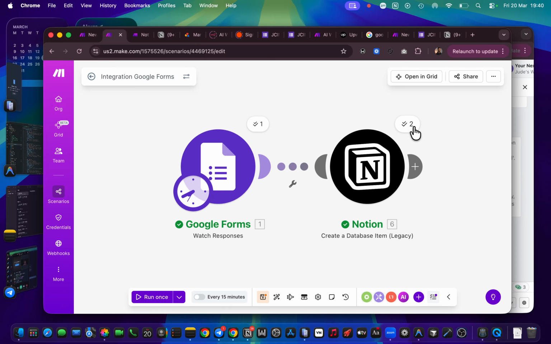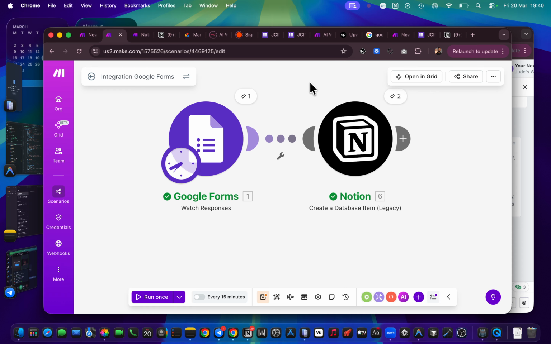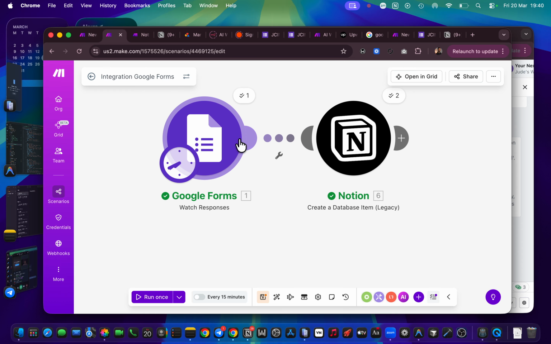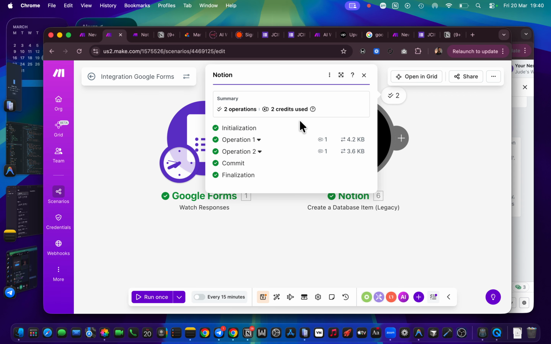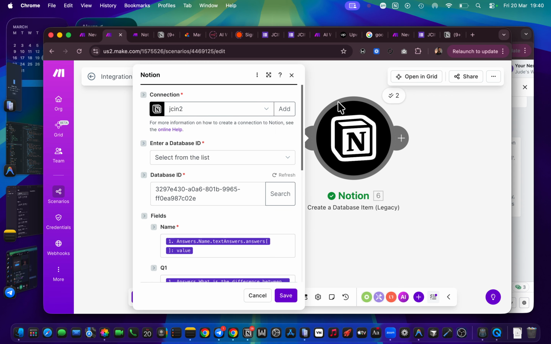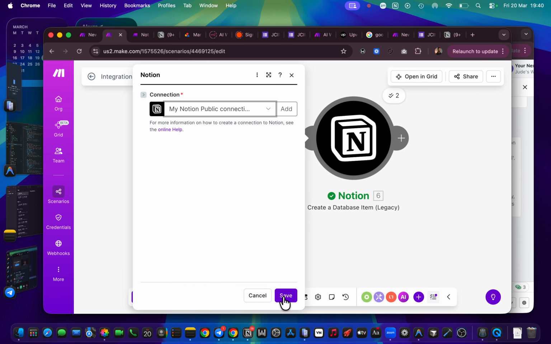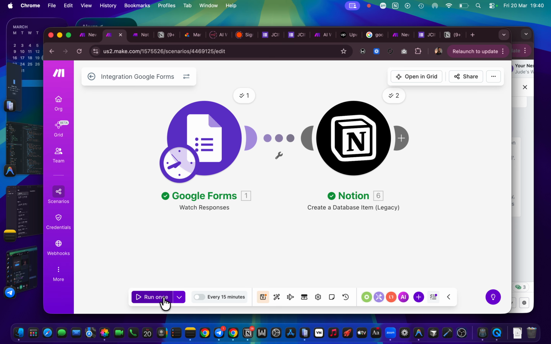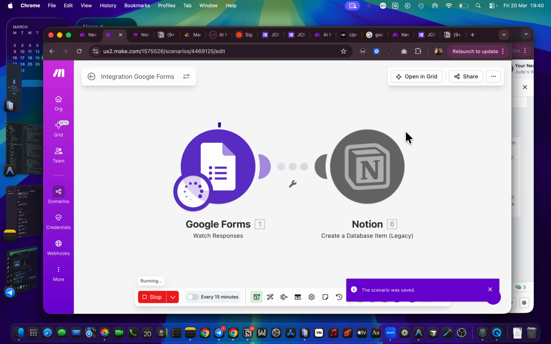So anyway, in cases like this, the best thing to do, as an AI automation specialist, is to try to set an error handler. Let me do this thing again. Let me try to give us an issue again. Let's save this and run. Let's give us an issue here.